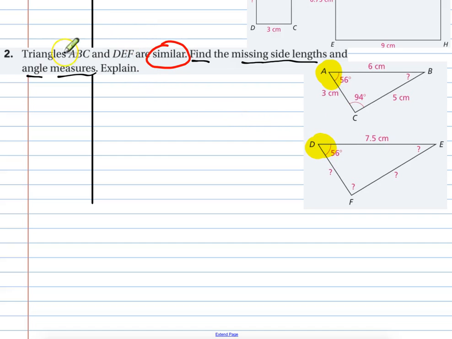If you look at the way they're written, A and D both come first, so those should match. We should know that B and E are pairs, so these two should match. But we don't know either one of them, so we have to figure out one of them. Once we find one, we know the other. Lastly, we have C and F, they match. Hey, look, we know one of them. We know what C is, so we can fill that in already and know that this one is